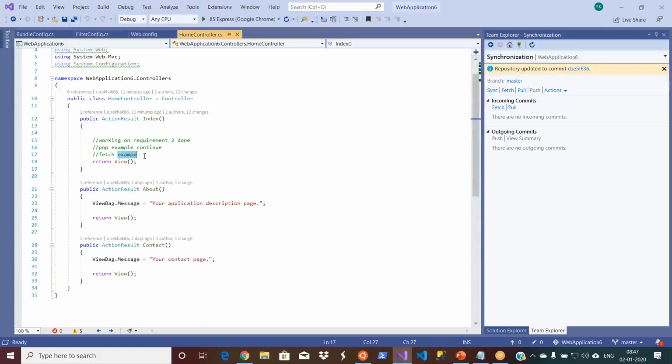I mean, if you want to take some precautions, let us say you already made some changes in your local code, and on the same file, something has been done on the server as well. If you don't want your local code to be overridden by the changes on the server, what you can do is stash it, and then you can pull the code. After that, you can continue. Otherwise, if you don't stash and you pull the code, it will override your local. So these are all the different scenarios.